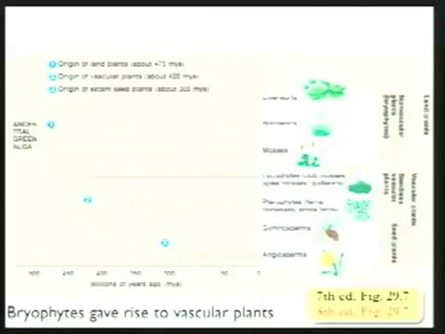So the groups like the seed plants, the ferns and relatives, and the lycophytes, which have often been called fern allies, these are all the vascular plants that have a major conducting tissue. They have roots. They have a lot of features, like thick cuticles or waxy covering on their plant body that allows them to withstand drought. So they have a lot of features that make them well adapted to